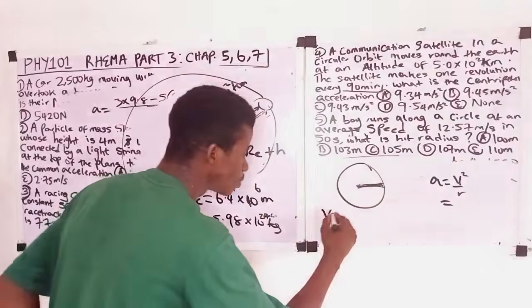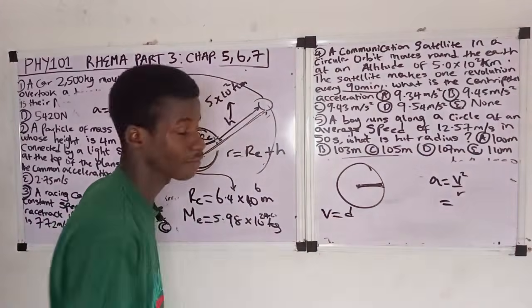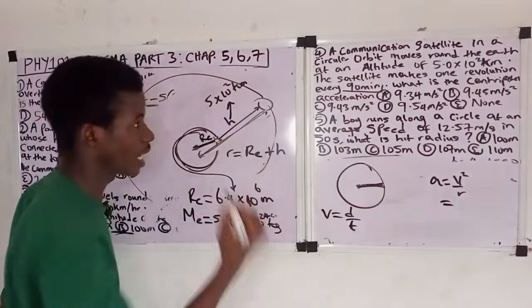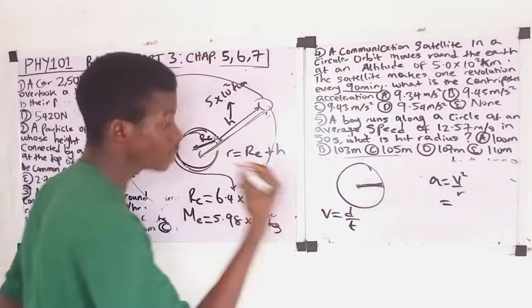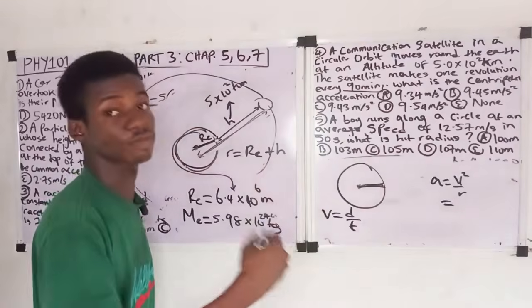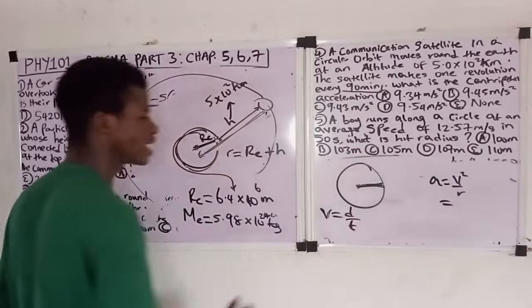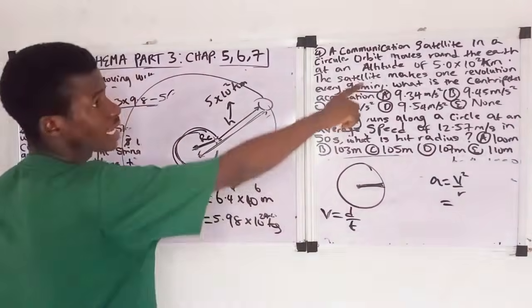Now we all know that velocity is equal to distance over time, or displacement over time, right? Now let's continue. Velocity is equal to distance over time. Now if you observe, the satellite